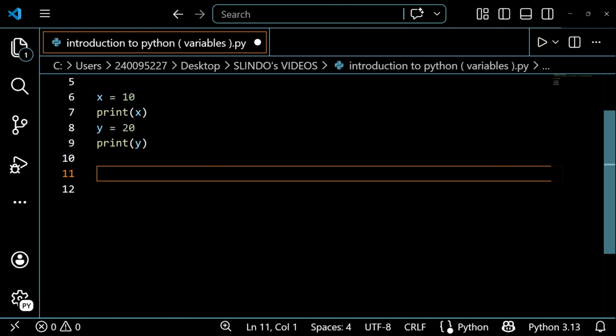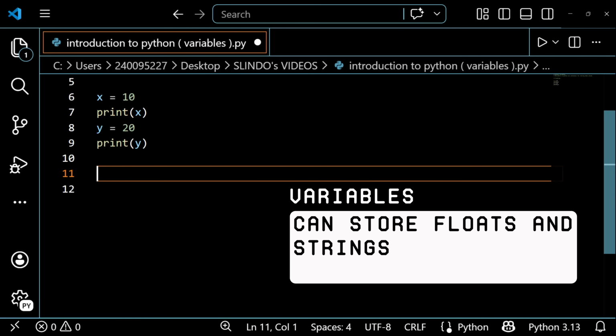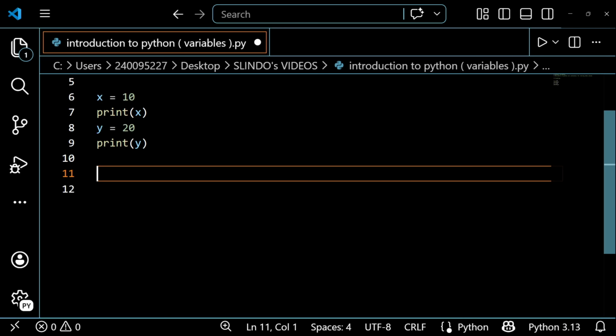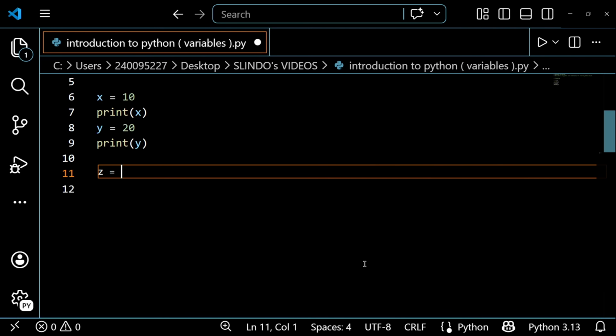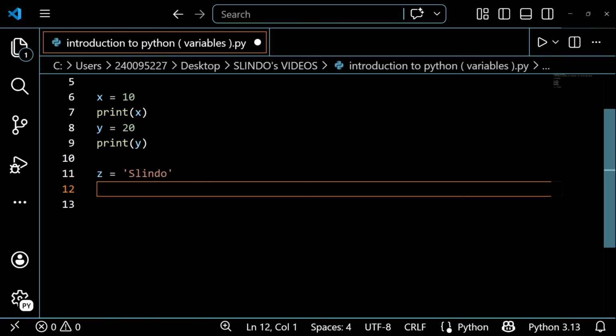Variables can't store only integers; they can also store floats and strings. For instance, if I say z is equal to the string cylinder, this means that cylinder is stored in z, or z is a container of cylinder.